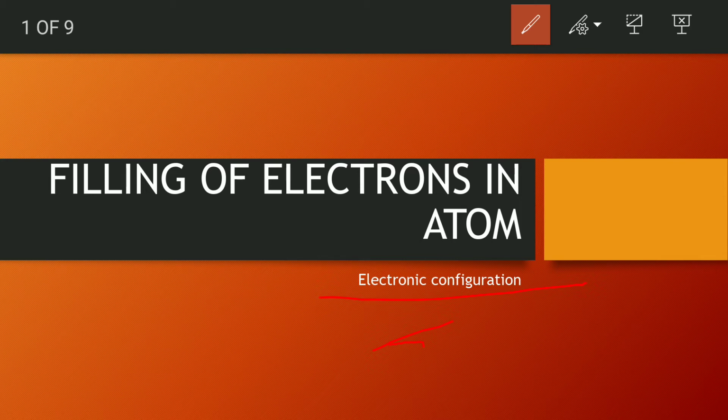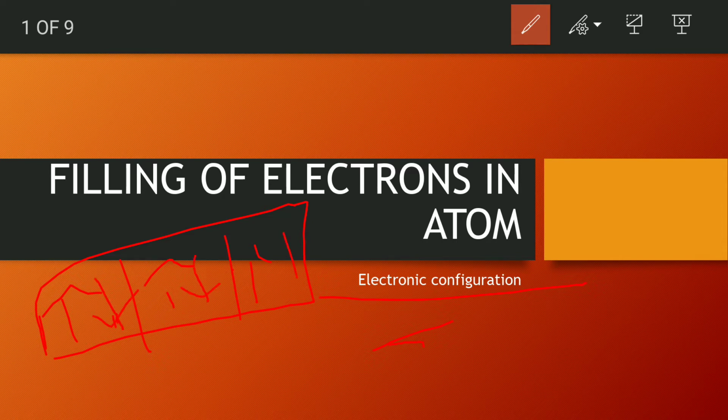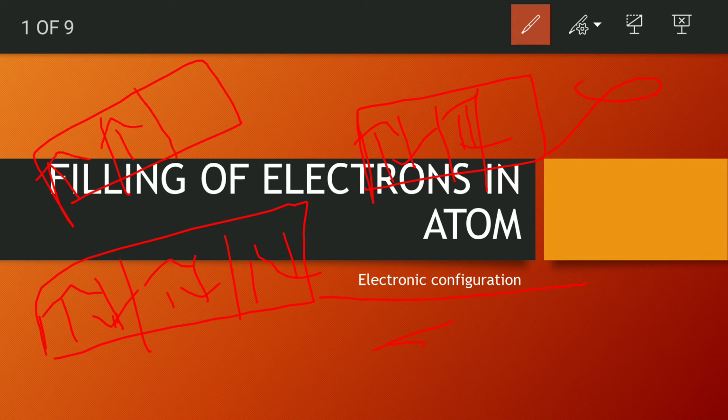And what does Hund's rule say? Hund's rule says that pairing of electrons in an orbital belonging to the same subshell will take place only when each orbital in that subshell has got one electron. First each orbital gets one electron, and only then can the second electron come. So it cannot come like this, one here and again here. This is not correct. This is the right one. First each orbital gets one electron, and then